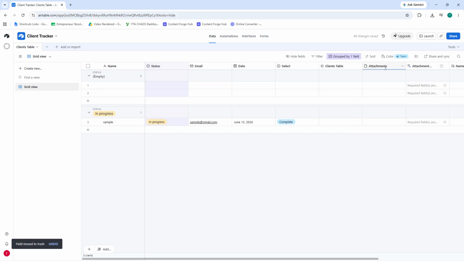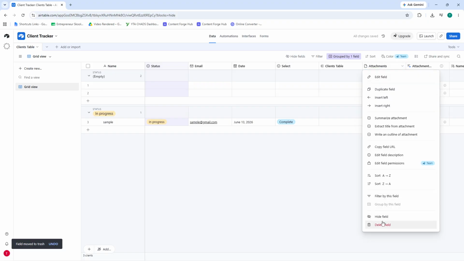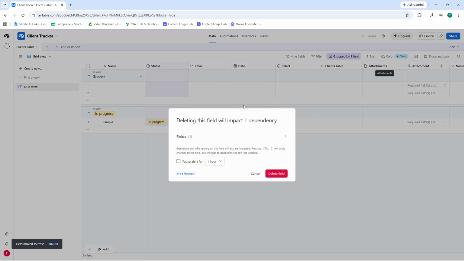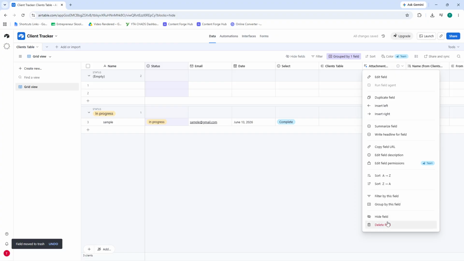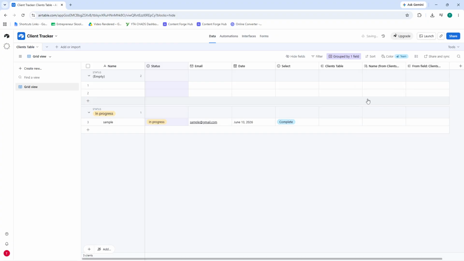You can also group by owner to see who is responsible for what, or by category to see your workload by project type. The grouping feature doesn't change your underlying data, it just changes the view. You can create multiple saved views like a My Tasks view grouped by status and filtered to only show tasks assigned to you. You've now built a fully organized Airtable base with clear categories, properly typed fields, consistent drop-down options,